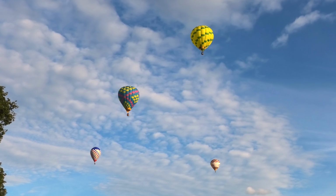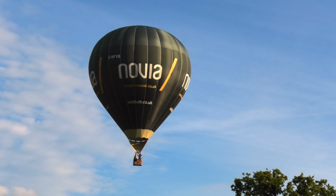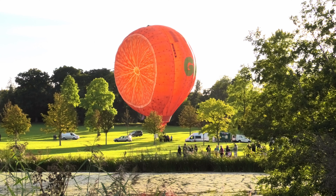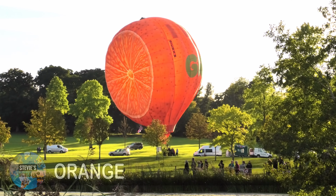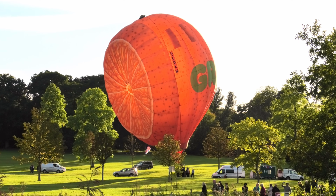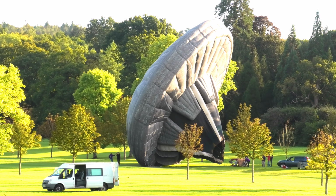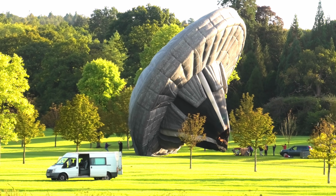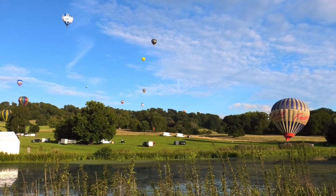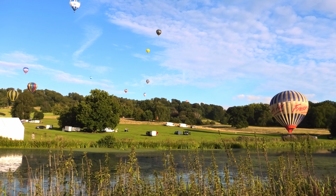The polyurethane coating on the fabric eventually wears away and the fabric becomes porous. Back in 1963 there was one called the Bristol Belle, which was just a plain red and white striped balloon. And spinning away. Depending on the wind speed, it's much easier to actually land them in smaller spaces. So if he sees a good field, he'll